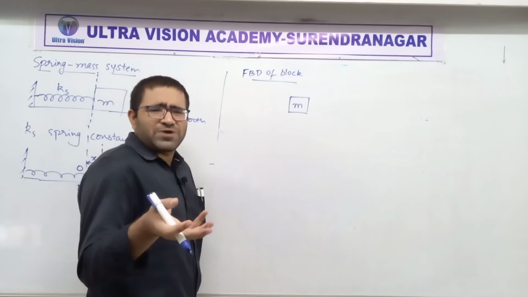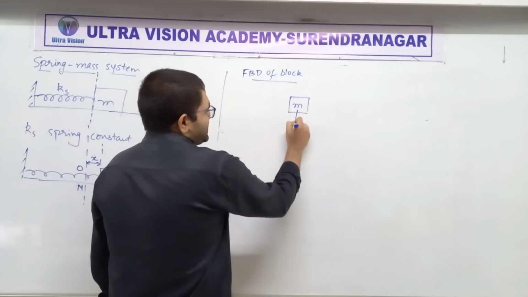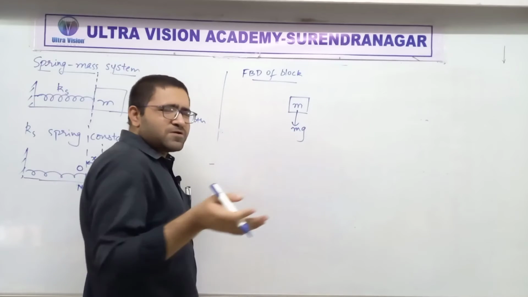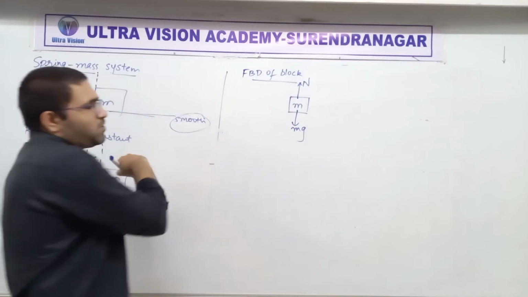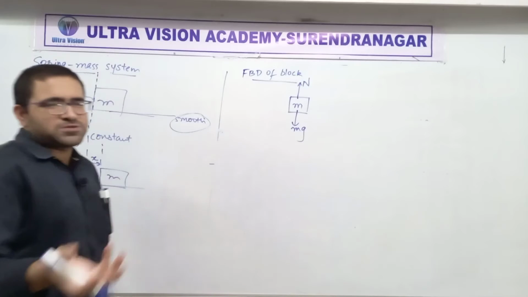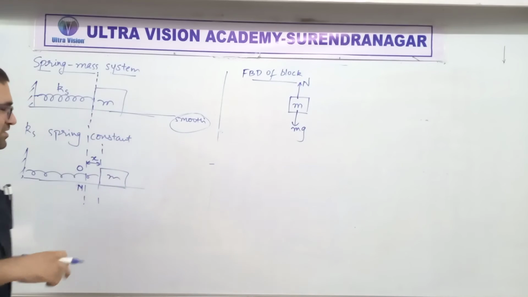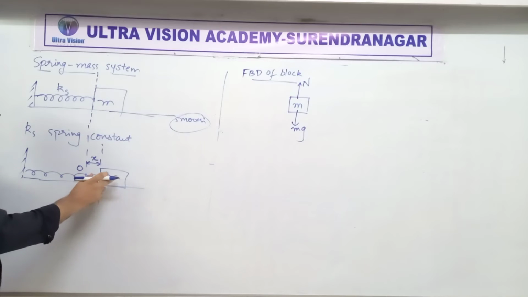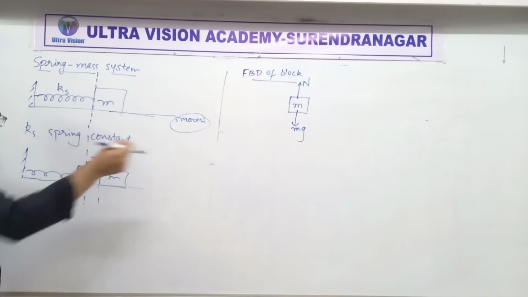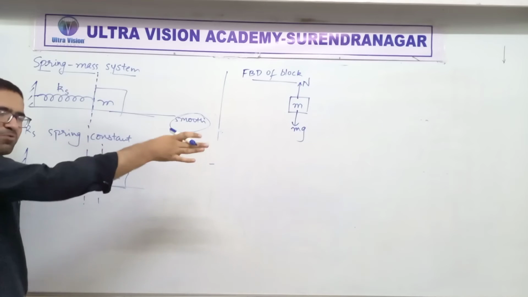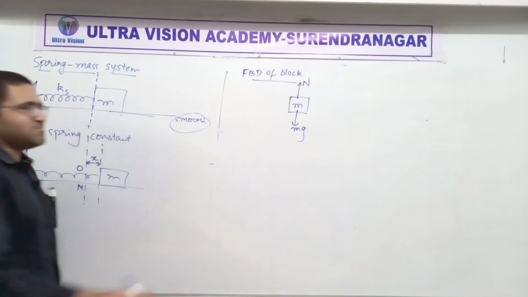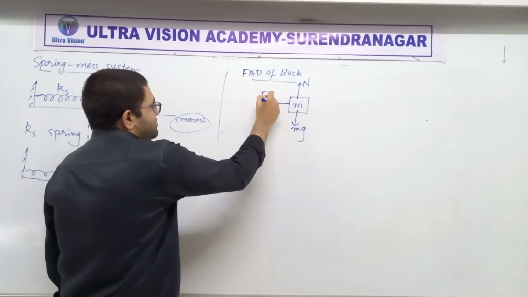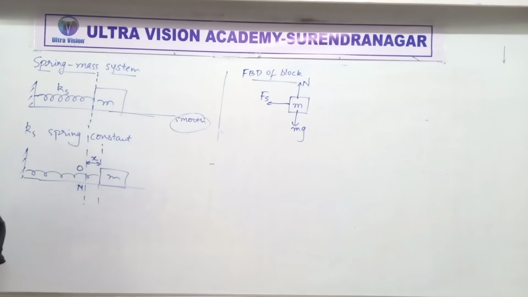See, simple questions as we have been asking earlier. Does it have mass? Yes, mg downwards. Does it touch the surface? Yes, it's touching the ground or floor, so normal force upwards. Is there friction? No. Smooth. Then is it tied to a spring? No, but there is a spring. Will the spring pull the block towards the left side or push the block towards the right side? Pull the block towards the left side. Very good. So this is spring force, right?